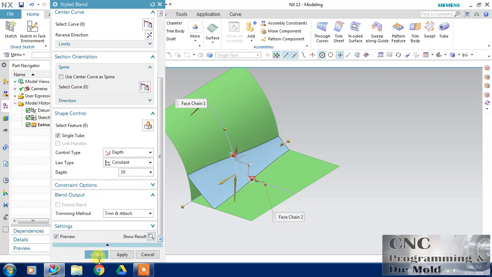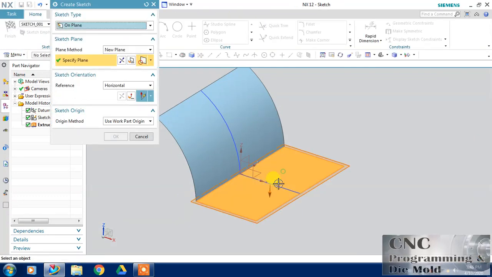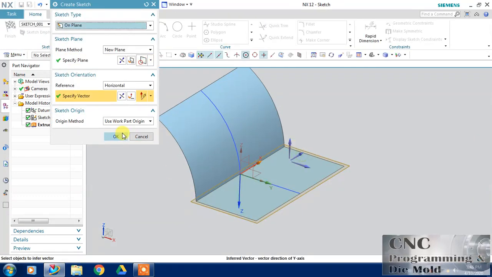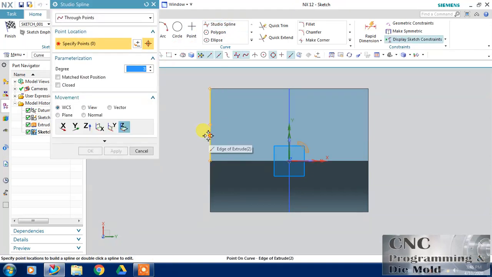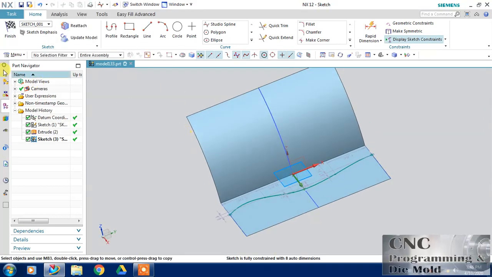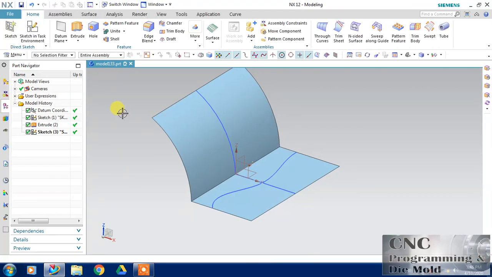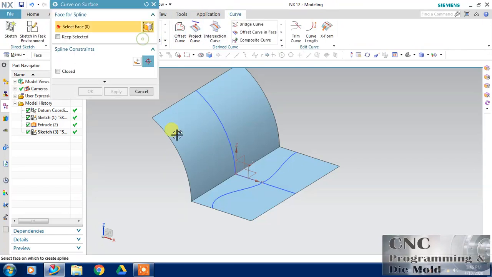Now I want a style blend between this surface and this one with the limit of these two curves. So let's take this style blend and change the method to curve, and in this method select the first surface and then the second surface, and the tangent curve, first tangent curve on the first surface, and then the second tangent curve on the second surface.